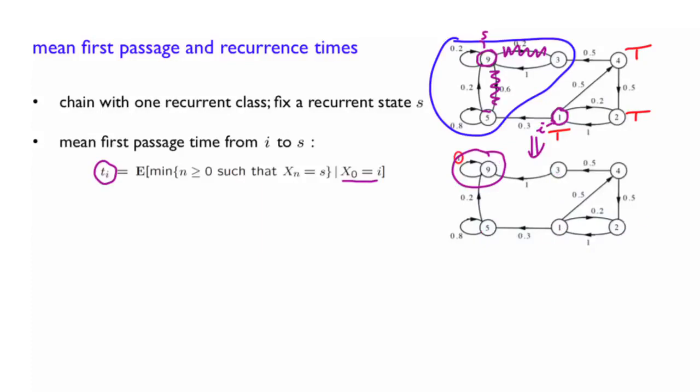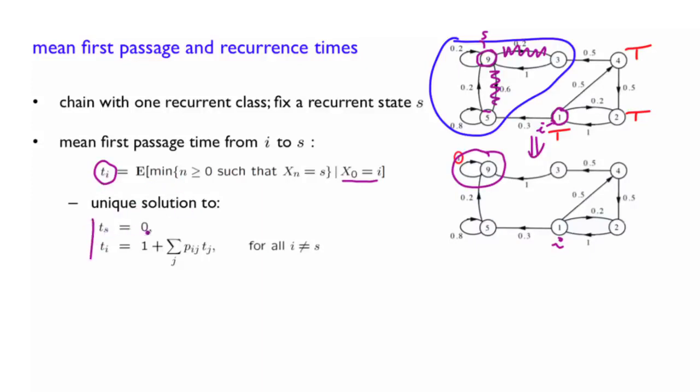So we get a situation where we have one single absorbing state, and we are interested in calculating the probability, starting from i, to reach that absorbing state, and also the number of steps it takes to do that, which is what we did in the previous video. So let us repeat what we had seen before.